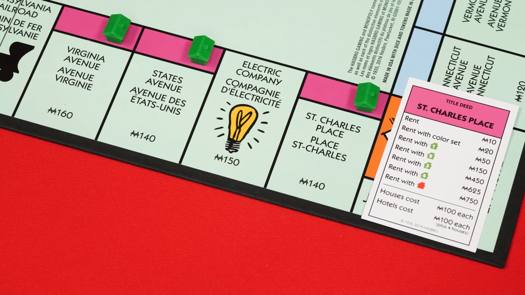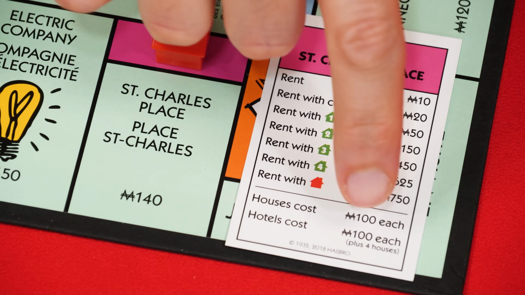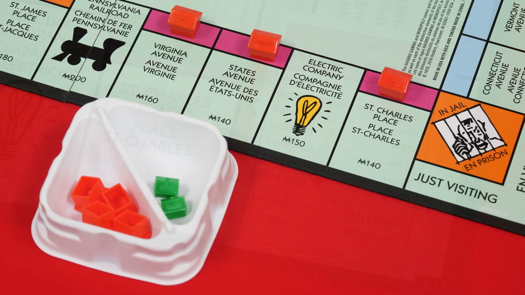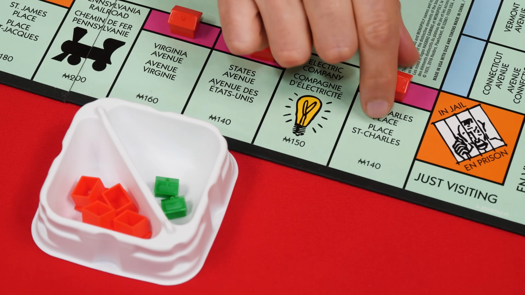The next would have to come from here, and so on. You can also sell a hotel on a property. This also gives you half of its original value, so $50 in this case, and then you convert it back into 4 houses. Now remember, I said that house and hotel pieces are limited, and that means you cannot sell